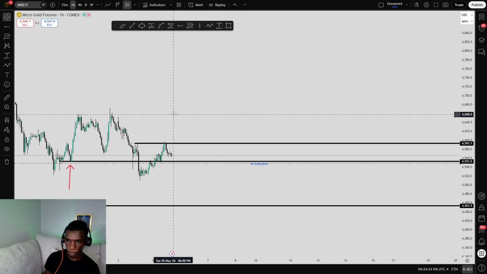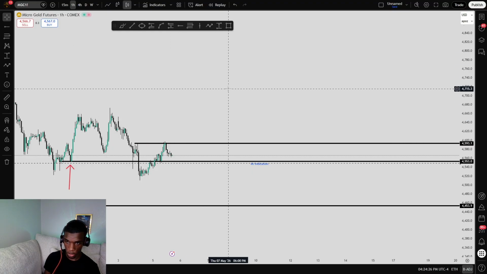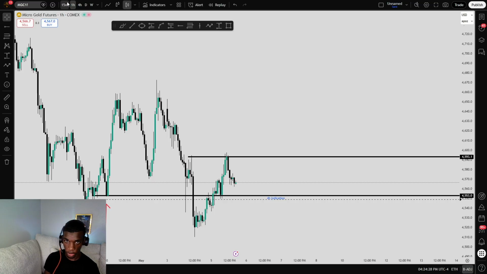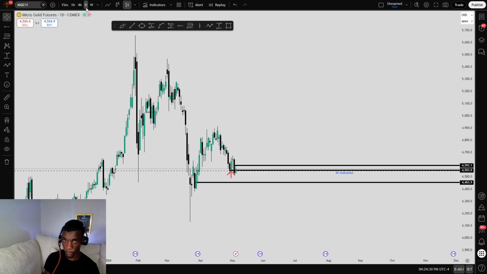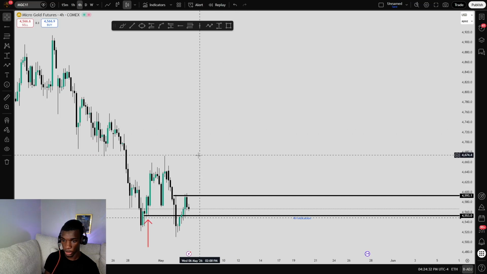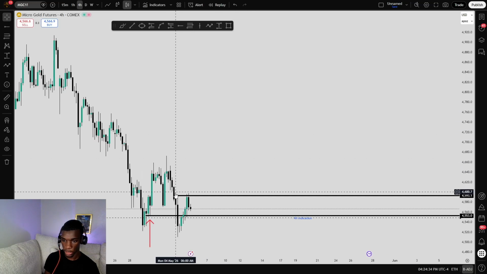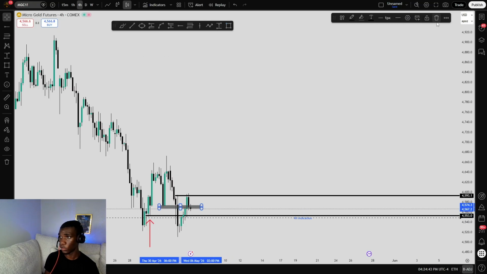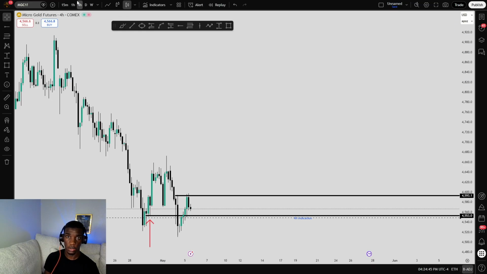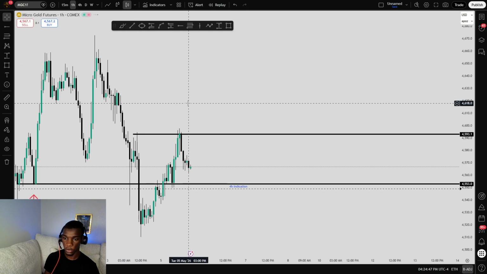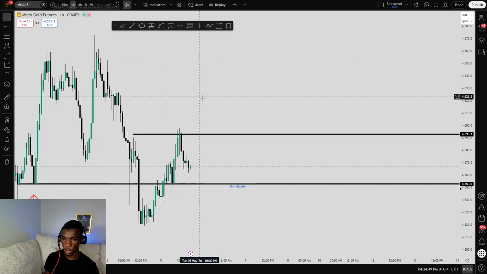So what I'm looking for here on the 1 hour, so the daily is bearish, the 4 hour is bearish, as you can see. This is the last high, lower low. This is the last low that it broke. That's why I use this low and not this low. I use that low because that's the lowest low. The 4 hour is bearish. The 1 hour